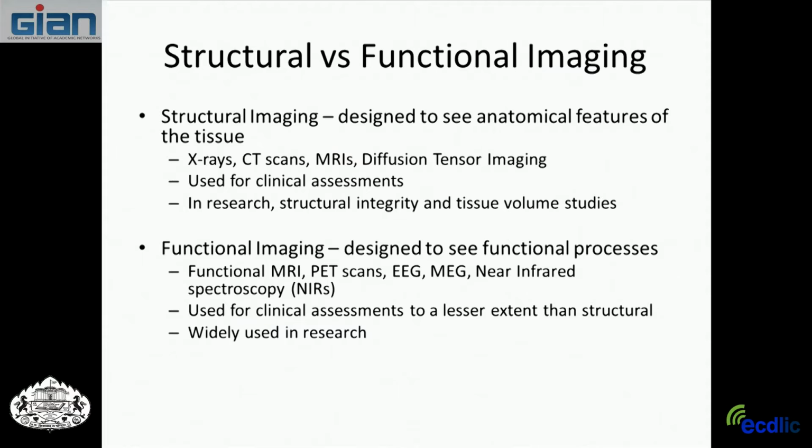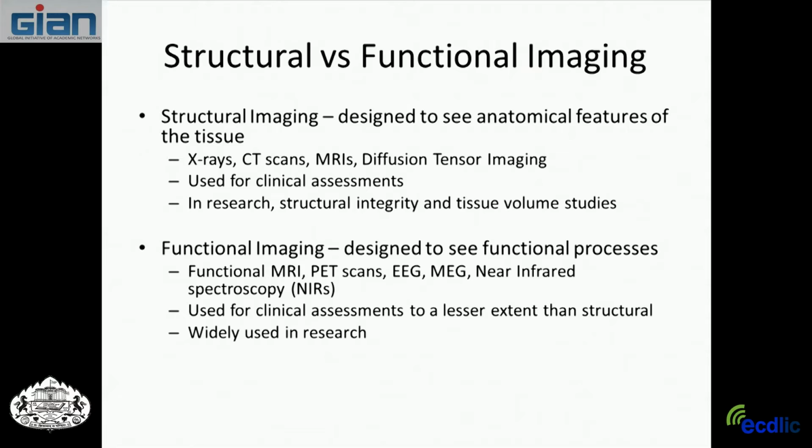We talked about structural versus functional imaging. So structural imaging is designed to see anatomical features of the tissue. These include x-rays, CAT scans, MRIs, and diffusion tensor imaging. And these are often used for clinical assessments to look if something is wrong inside the person's brain anatomically, if they had some kind of damage or bleed,